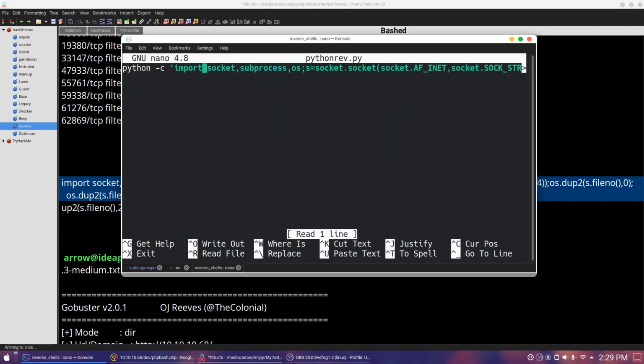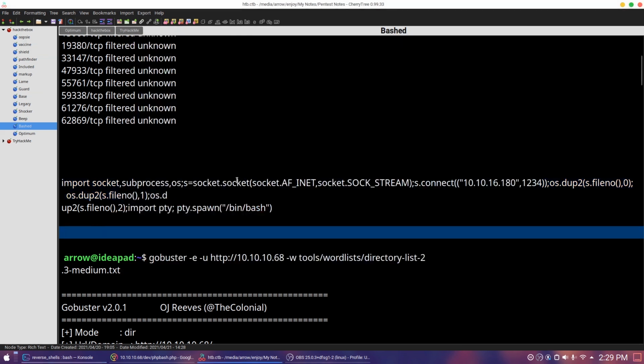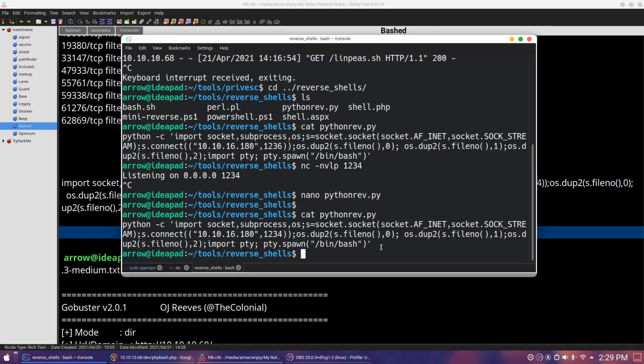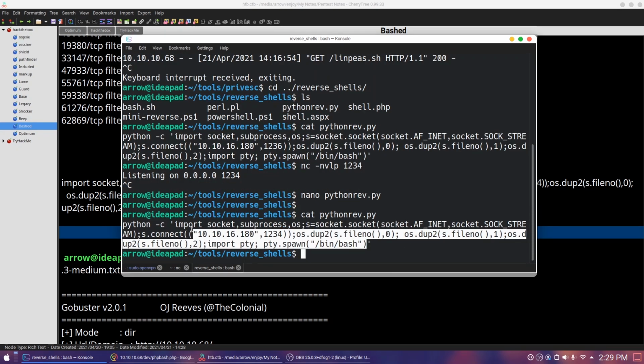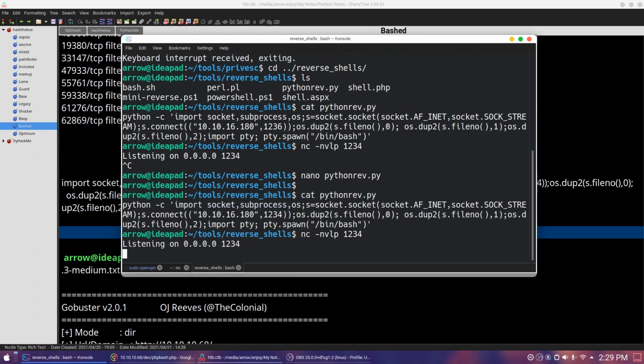Let's edit the port in CherryTree. This line has been created like a new line, so that's why we got the problem. So now let's simply paste this command and start the listener.